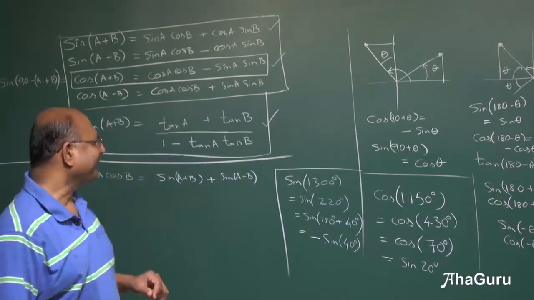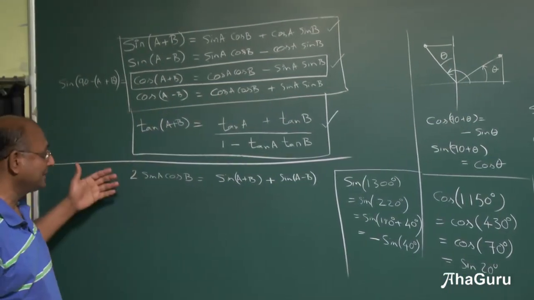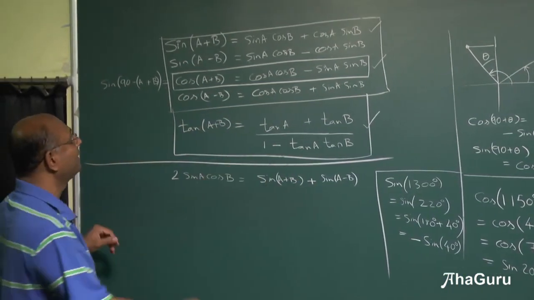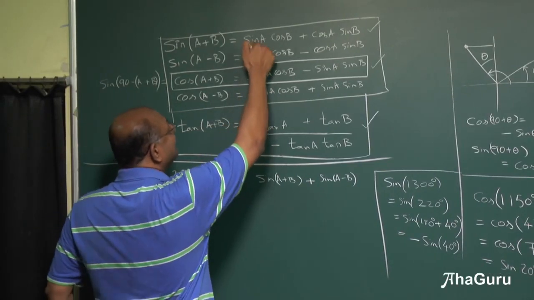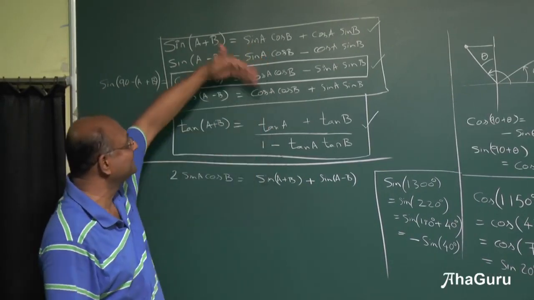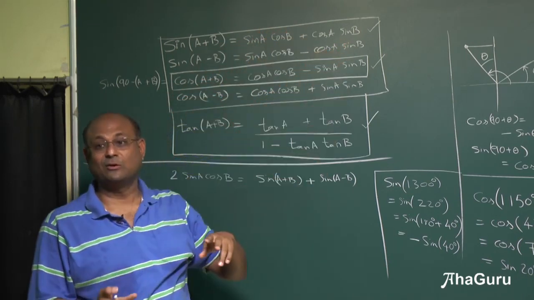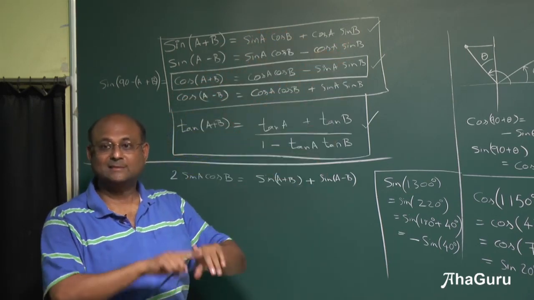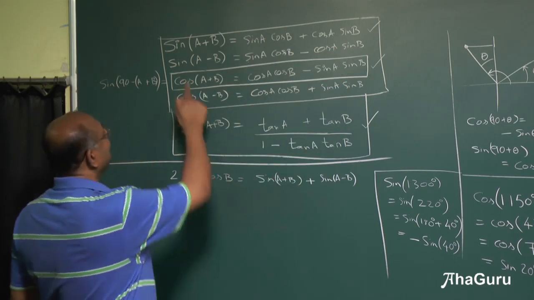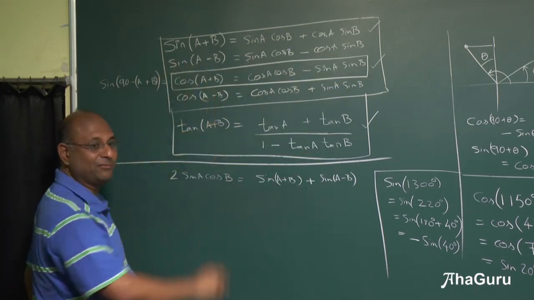Now, people waste a lot of time remembering the second formula. I would suggest forget that formula. You can derive it if you want. But basically this minus this, if I wanted to do this minus this will cancel out, that will double up. So that formula will look like 2 cos A sin B. What will that be? Sin of A plus B minus sin of A minus B.